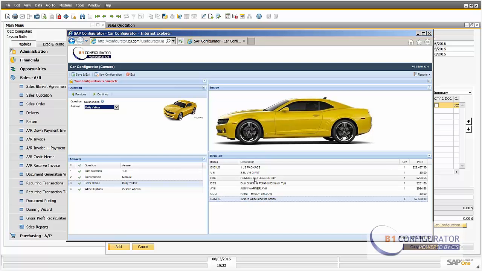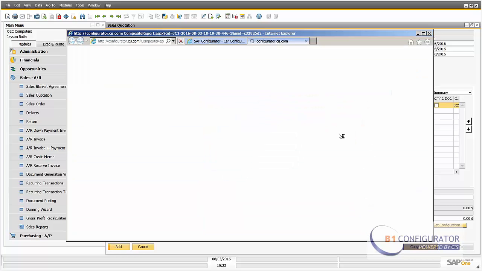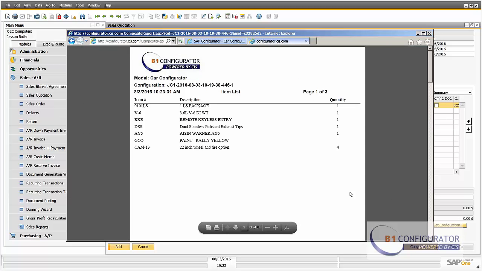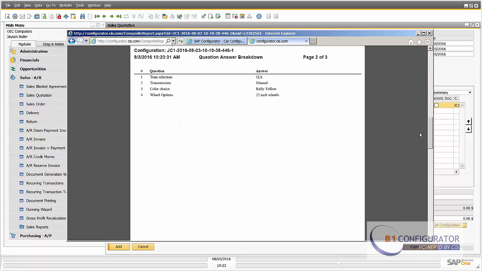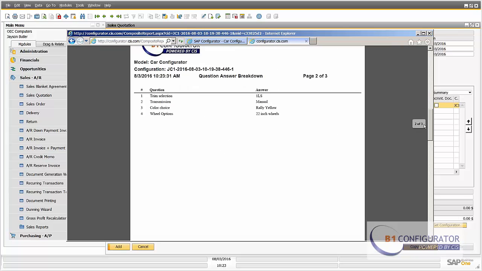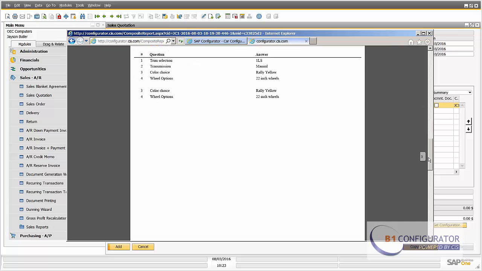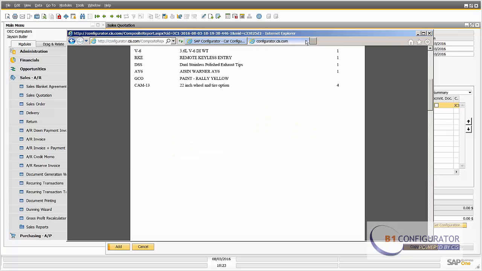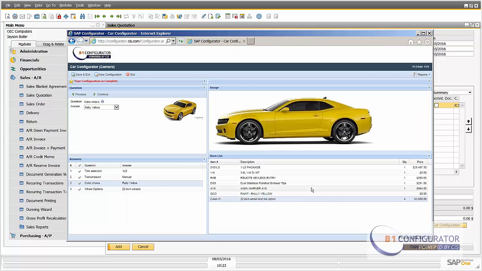Regardless of what we are displaying, every time we are capturing all information. We are capturing behind the scenes the item list, the bill of material, the correct quantity and its description, its items. We are also capturing the questions and answers. We even capture the last image that's used also behind the scenes. So again, just to summarize, if the product expert wants to display or hide any of these, we capture